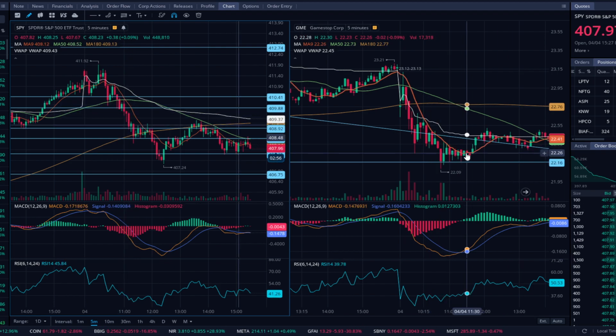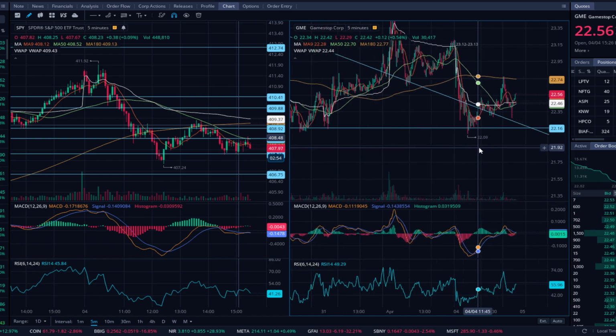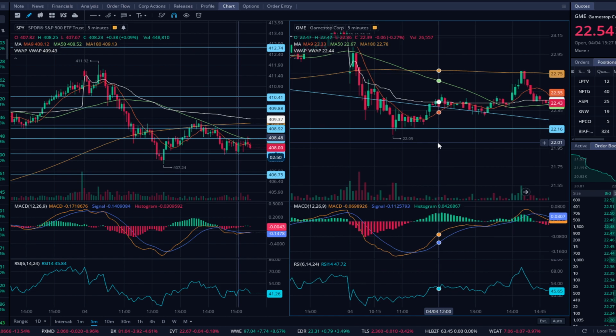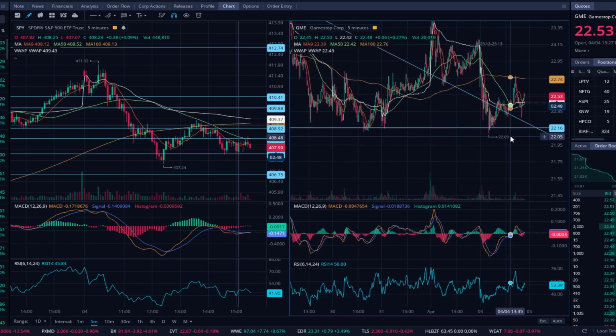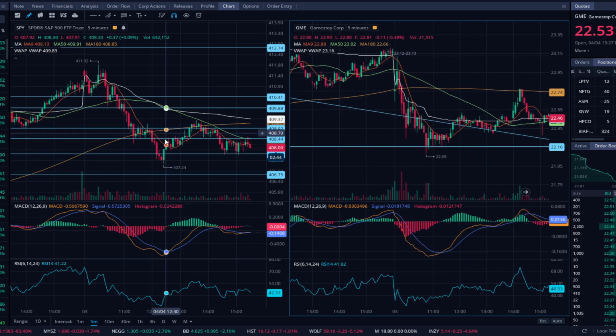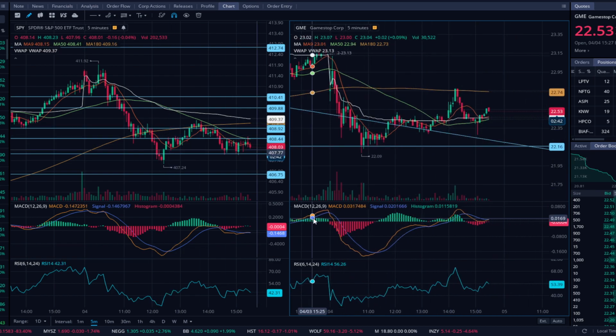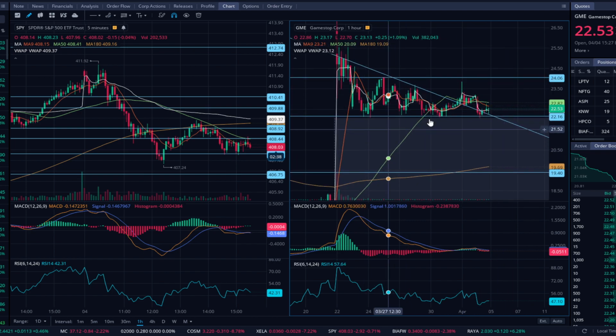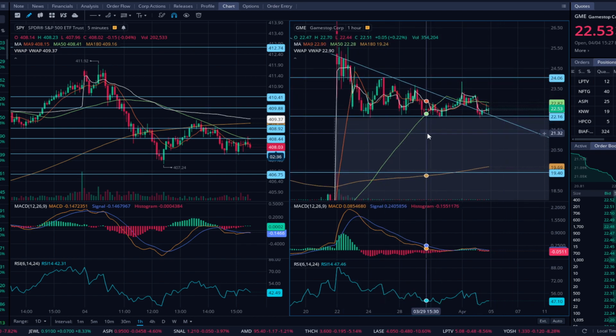Like GME's about to break this level. Basically, I'm going to flip my longs to shorts if we break this and hold below it. Doesn't have to be this exact level, but yeah. So far, it's respected this very well. So bounce there before the SPY, and yeah, now we're still looking bullish, and still in this kind of channel of accumulation after that bullish earnings that they had. So I'm assuming we're going to get a rip up here